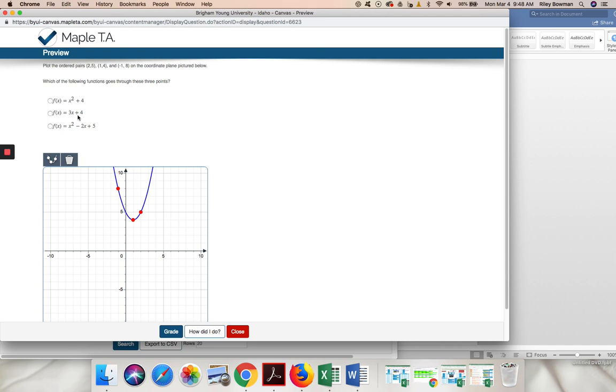So I know it's not going to be this middle one, so it's either going to be here or here. A quadratic, you know, is the x being raised to the 2. This one right here, if the x is being raised to a 1,